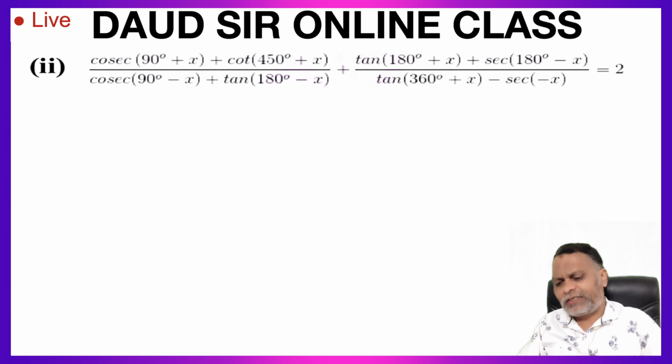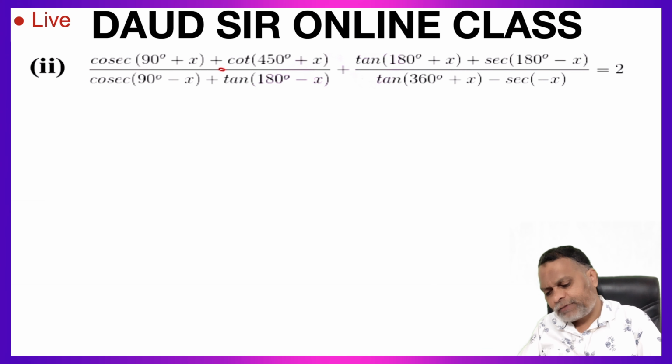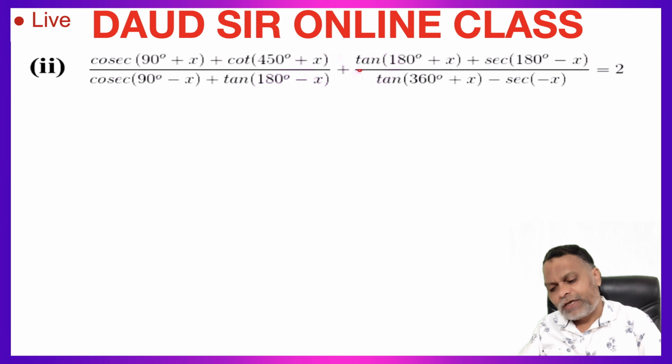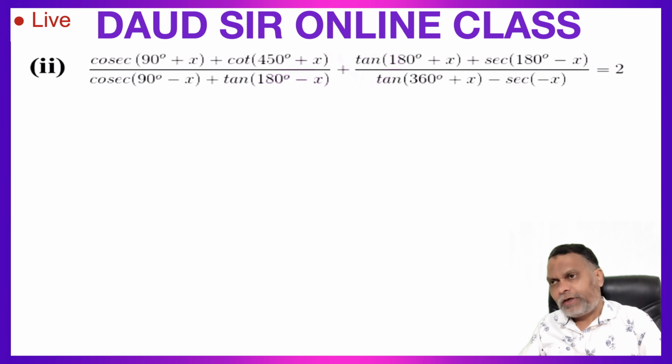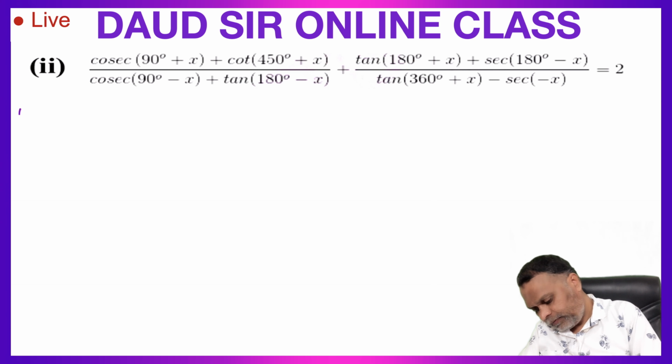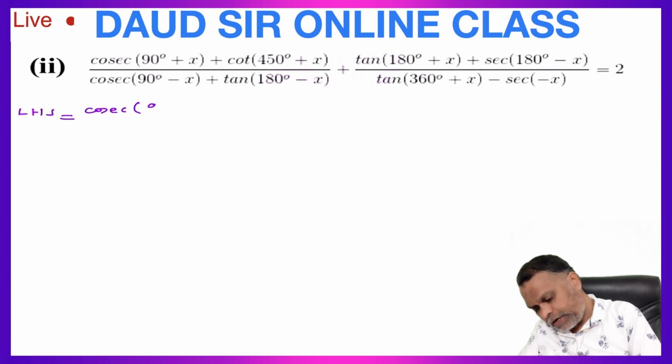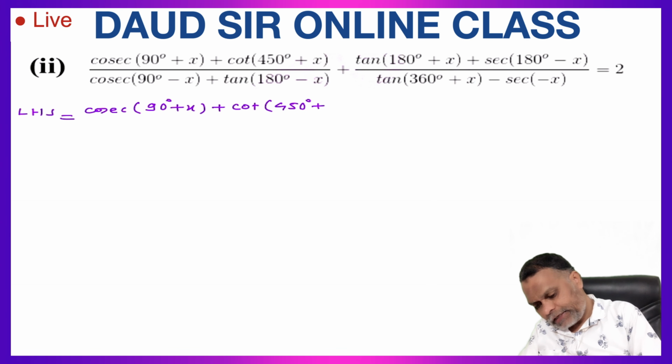Question number third, part second. Cosec 90 plus x plus cot 450 plus x upon cosec 90 minus x plus tan 180 minus x plus tan 180 plus x sec 180 minus x upon tan 360 plus x minus sec minus x is equal to 2. So taking left hand side, LHS is equal to cosec 90 degree plus x plus cot 450 degree plus x